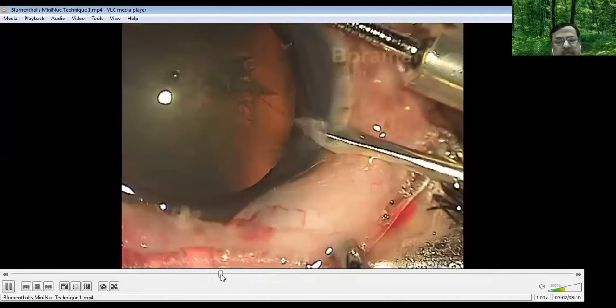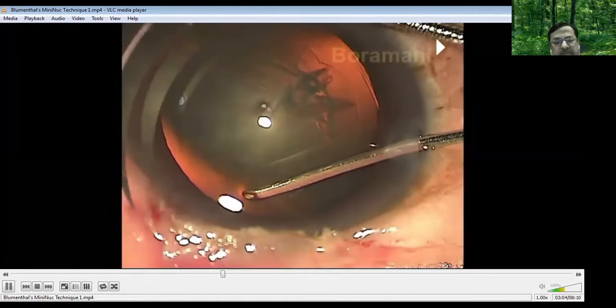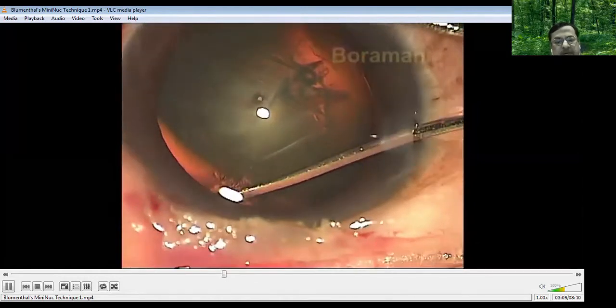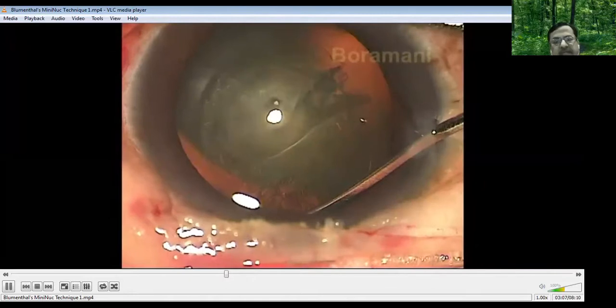Generally, it is better to use a hydrodissection cannula which has an opening not exactly at the end, but an oblique slanting opening. So this is a cannula. I think this is Dr. Fine's hydrodissection cannula, but the fluid is now directed towards the anterior chamber. So this type of cannula is more safe for hydrodissection. Go underneath the anterior capsule and do the hydrodissection in the usual way.